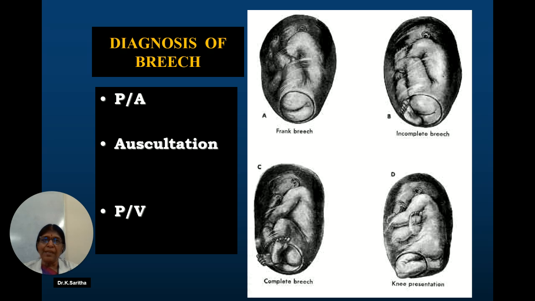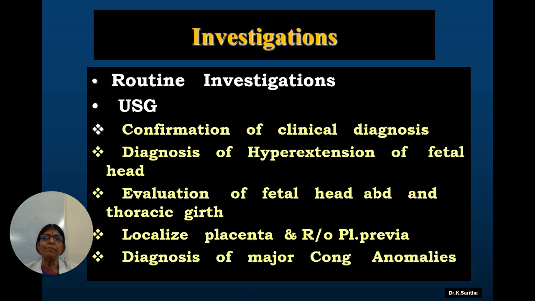But what happens in the transverse lie is you are able to palpate the gridiron feel of the chest, the rib cage. By that we can differentiate between an incomplete breech and a shoulder presentation. Now the investigations always teach that the routine investigations are important, but there is one investigation which you cannot neglect,